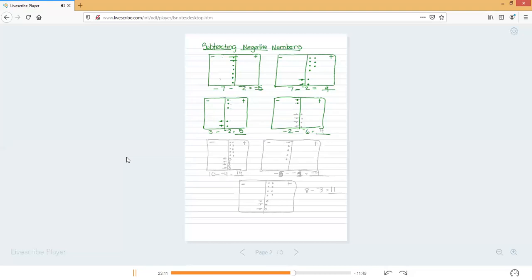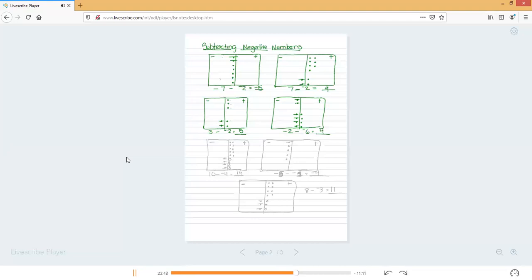Now let's look at this one here. That one tends to be probably the most confusing one. I am doing a few more problems that you might run into that look pretty similar to the one that I just did. Again, I'm making the Algebra Mats, negative and positive. So this one is going to be 10 minus negative 4. And then the other one, let's make this one negative 4